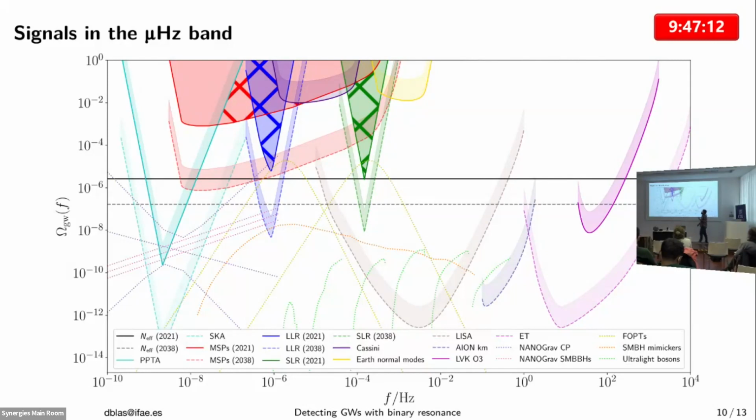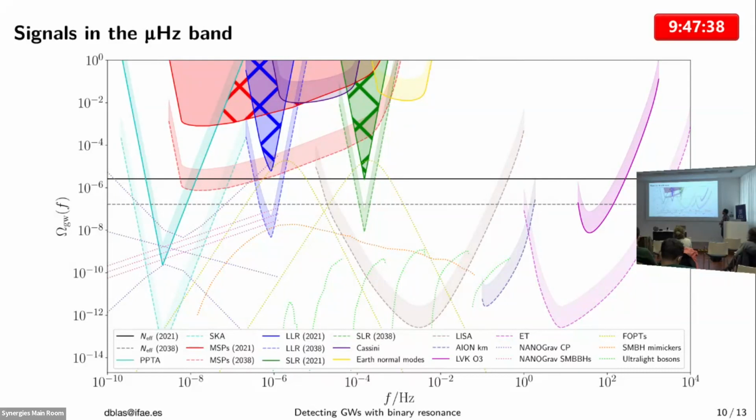So if they manage to see it, then they don't need much complementarity, because that will already be a discovery of gravity waves in this band. But for now, this is not possible. So they have not been able to detect the spin-2 nature of the signal. There's a signal. I think everyone agrees with that. It's not clear whether those are gravity waves.